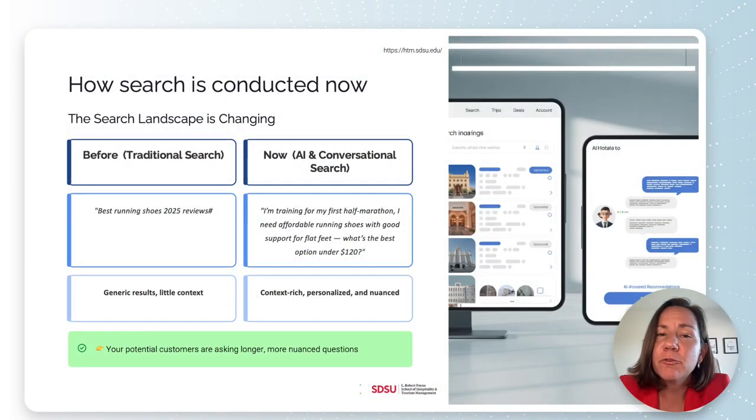Together, these platforms are reshaping how customers search and complete a purchase. Users today are no longer just typing keywords into Google. They are increasingly turning to AI assistants to plan, compare, and purchase products and services. So instead of typing "best running shoes 2025 reviews" and then doom scrolling through 27 tabs of options, customers can